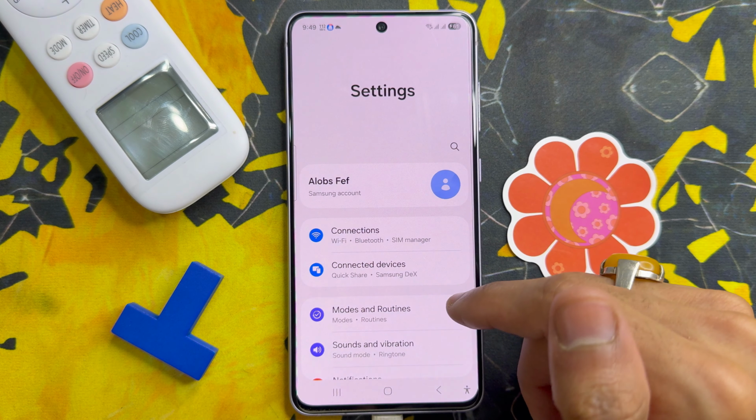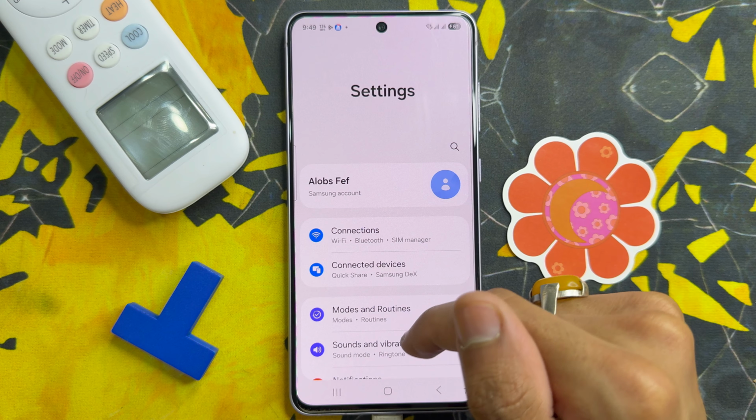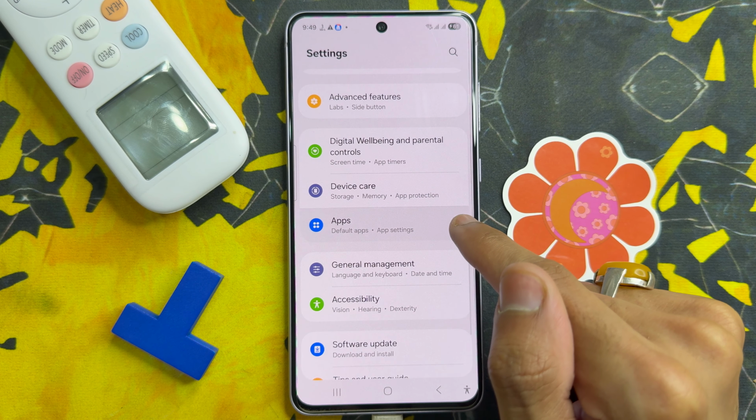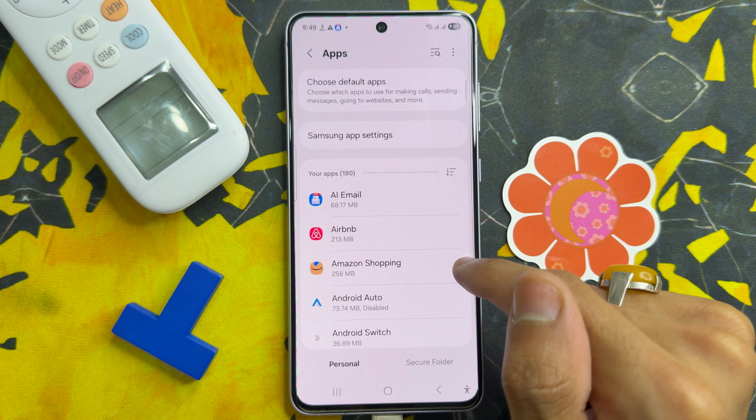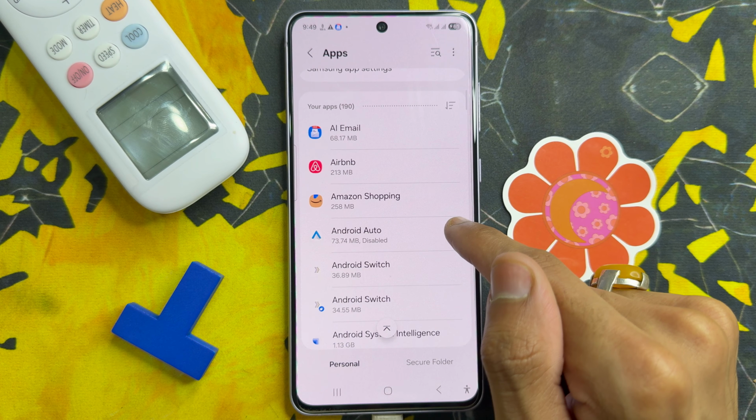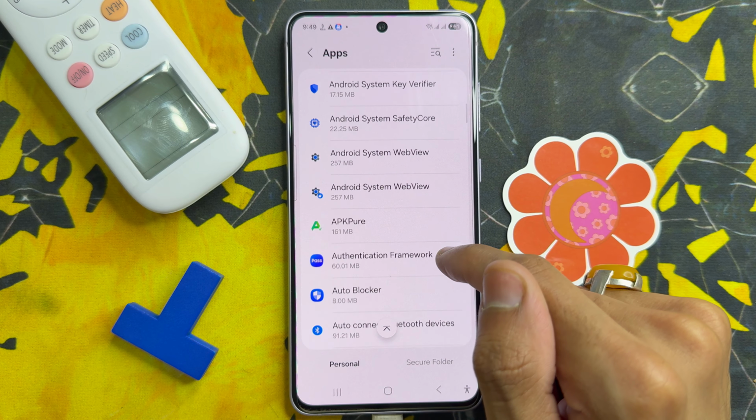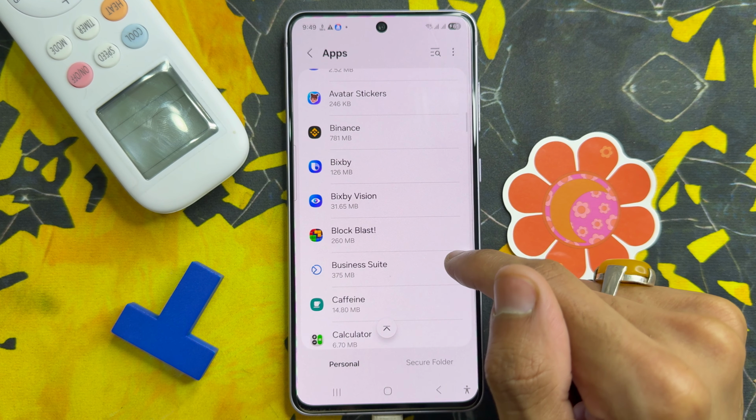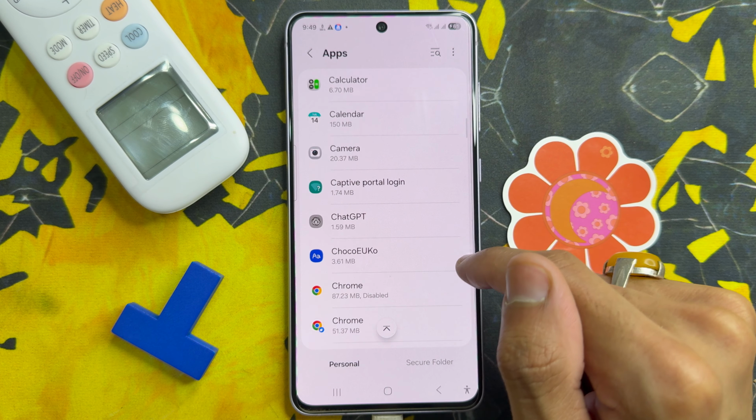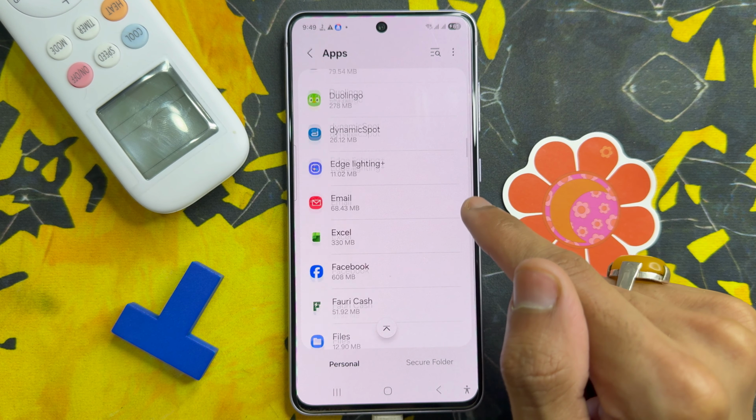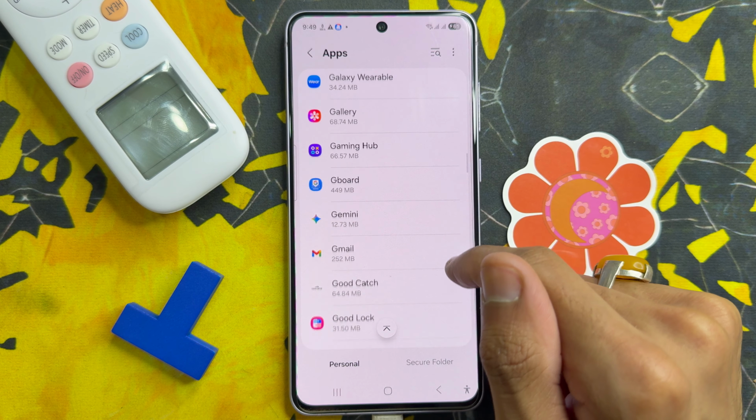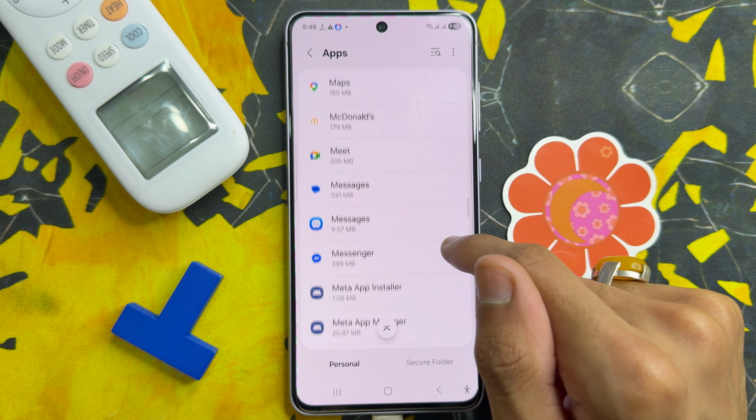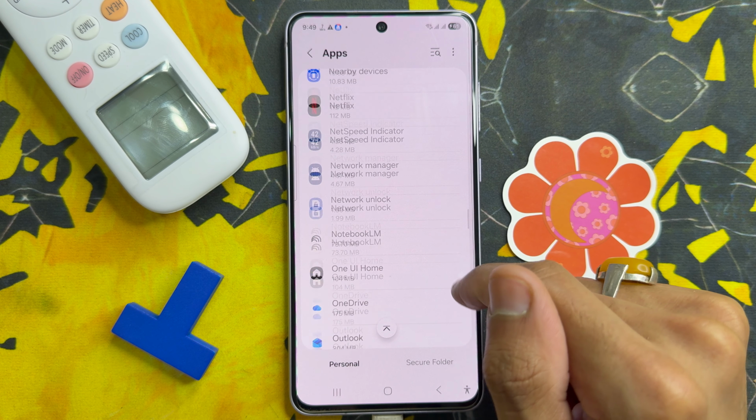Here, click on settings app. Now in settings, scroll down and click on apps. After clicking on apps, scroll down and search messages app from here. Click on messages app